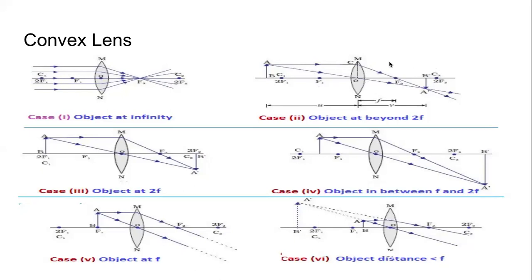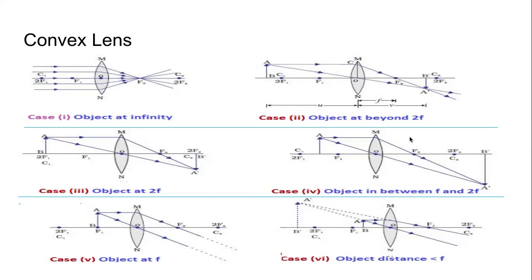See what is happening in case 2, where the object is beyond the center of curvature. Beyond माने और पीछे है, किससे? सेंटर ऑफ कर्वेचर के 2f से और पीछे थोड़ा सा, इंफिनिटी पे नहीं. Look at the diagram and tell me which 2 rules of the ray diagram are being used here. Is it 1 and 2? Is it 2 and 3? Or is it 1 and 3? Yes, correct. 1 and 3.